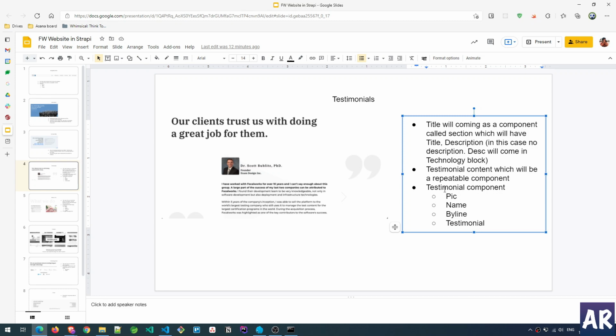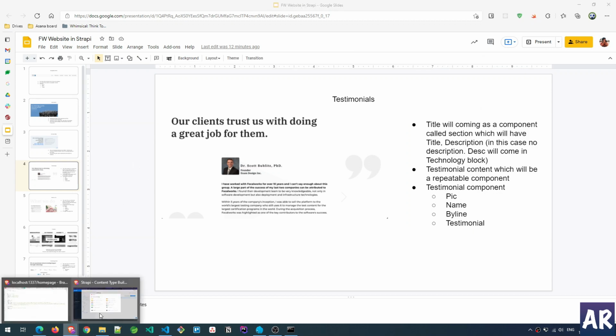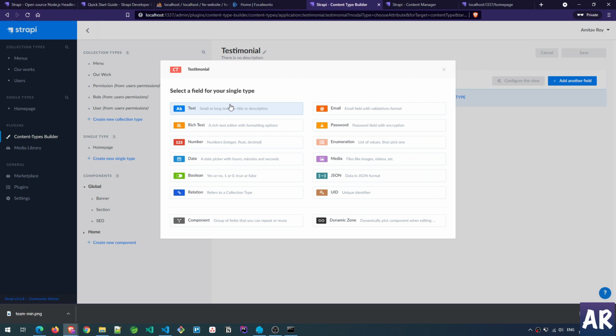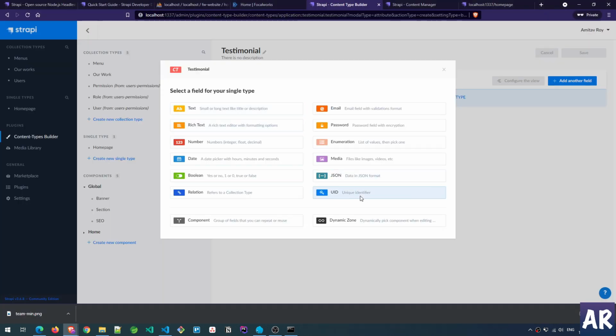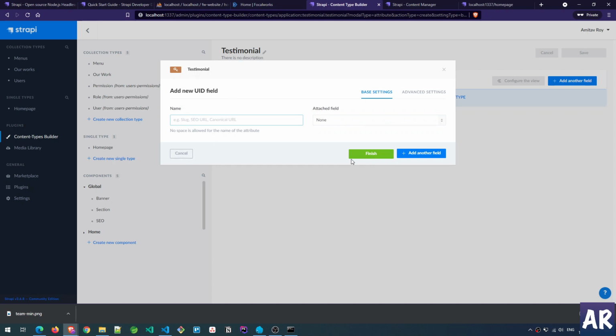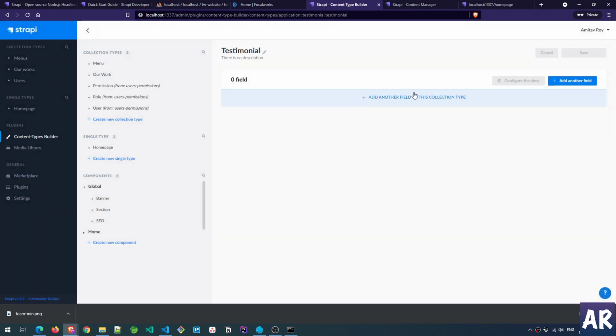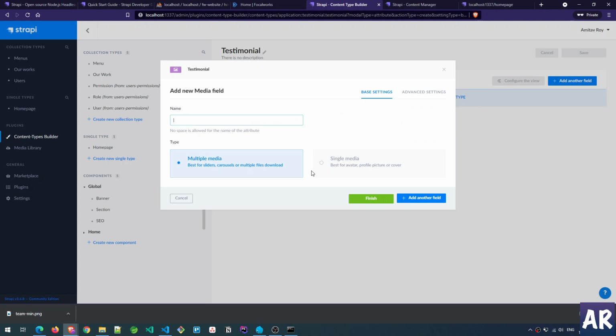Why would I have done that? It's actually a content and it's only on the home page, not specific to a project. So let's not make it a component, let's make it a content type. I think content type makes more sense. We have pick, name, byline, testimonial. So we'll have a picture. Oops, no. Add field, media, pick, single,